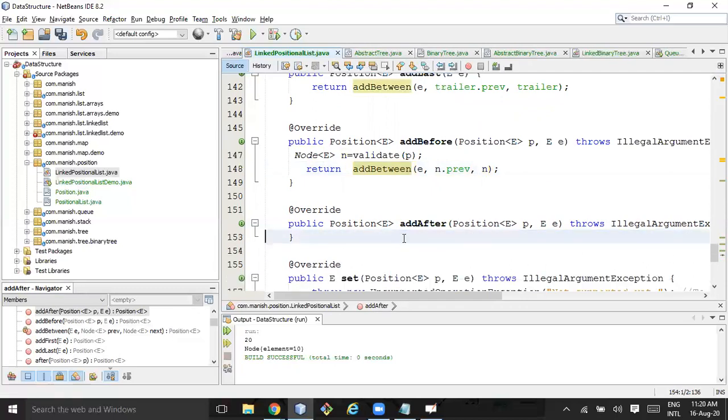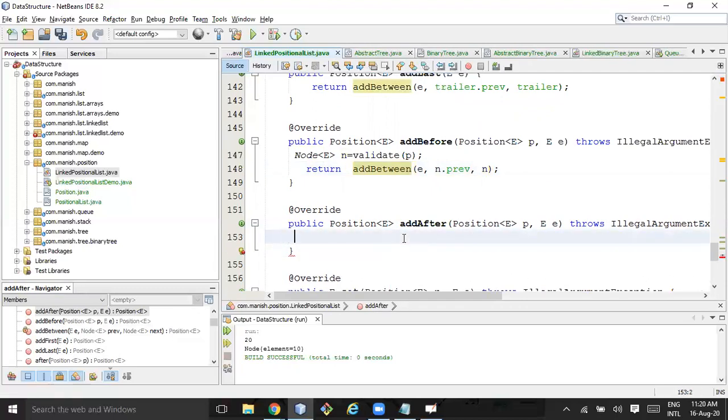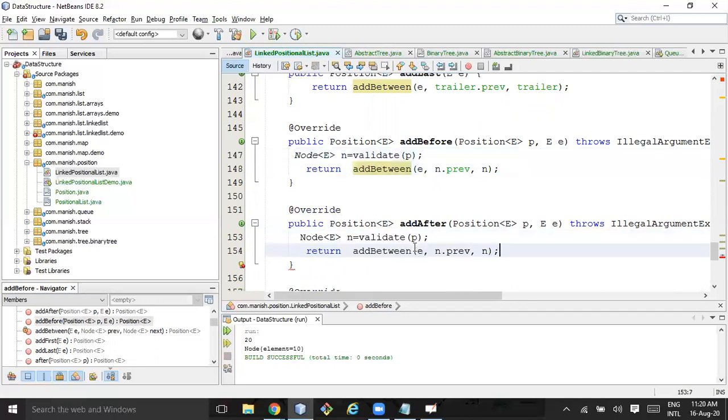Here add after. Then again I'll do similar: e, here n and n dot next.